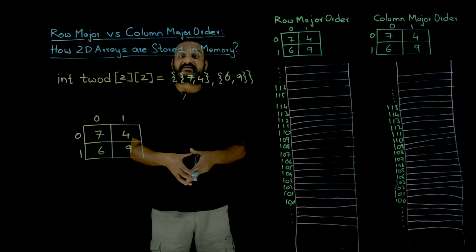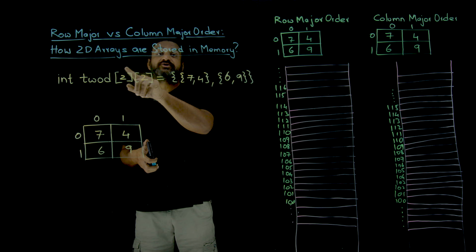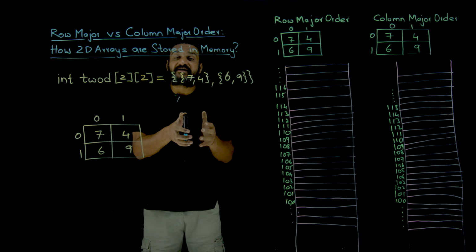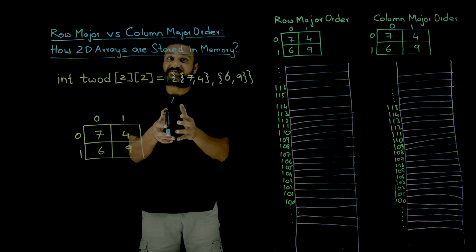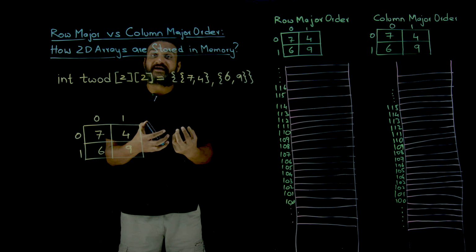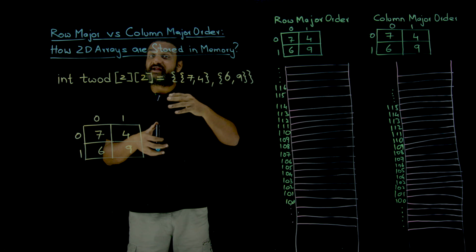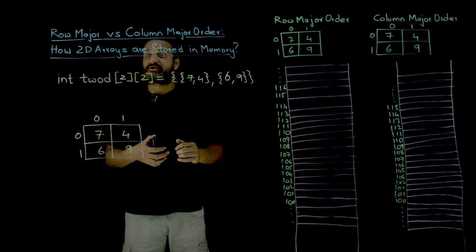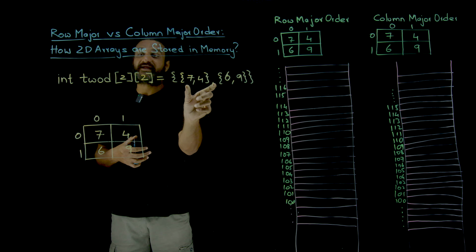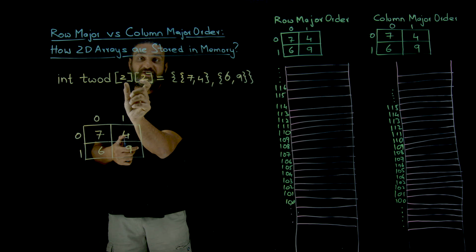In this class, we will understand how 2D arrays are stored in memory. In our previous classes, we had a detailed understanding about the concept of two-dimensional arrays. Now, based upon those concepts, we will try to understand how a two-dimensional array gets stored in memory. To understand this, I have taken this simple two-dimensional array named 2D, and here we have